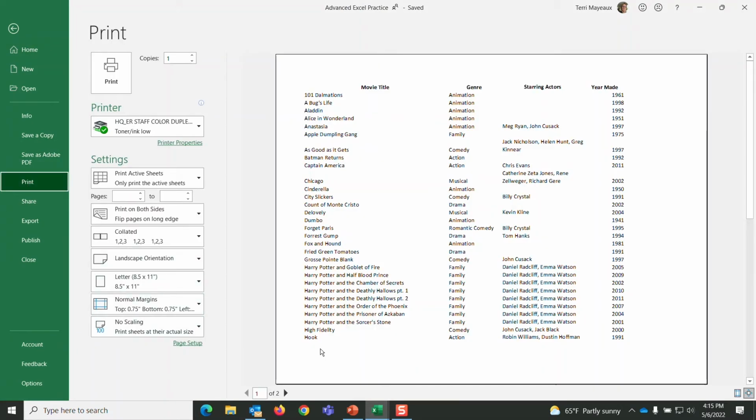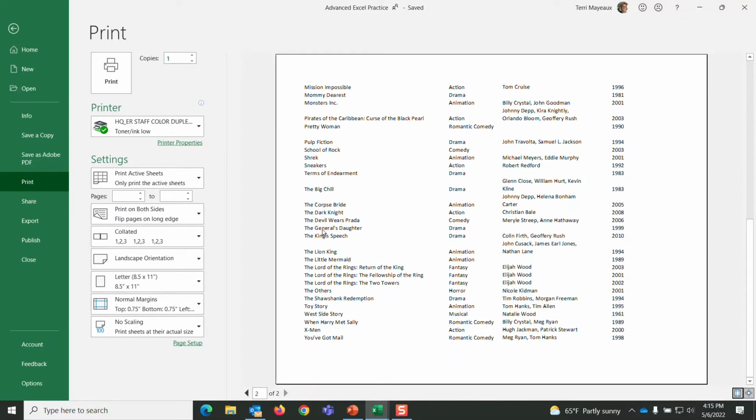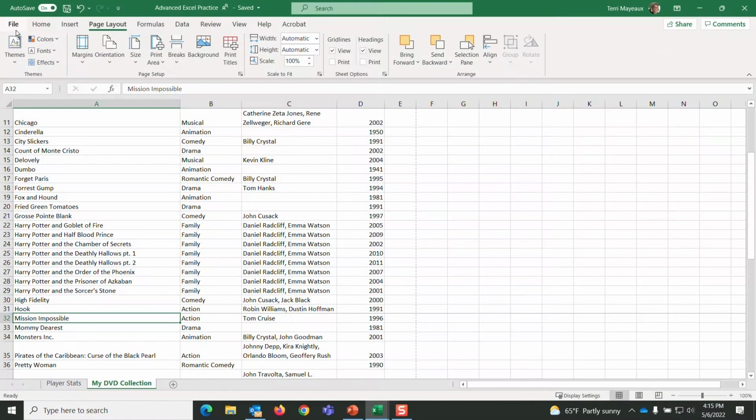And now as we look at our print preview, we can see that all of the H's ending with hook are on the first page, and as we go to the second page, Mission Impossible has moved to that second page. Well, let's go back to our spreadsheet, because we also have a dotted line here, dashed line really, that